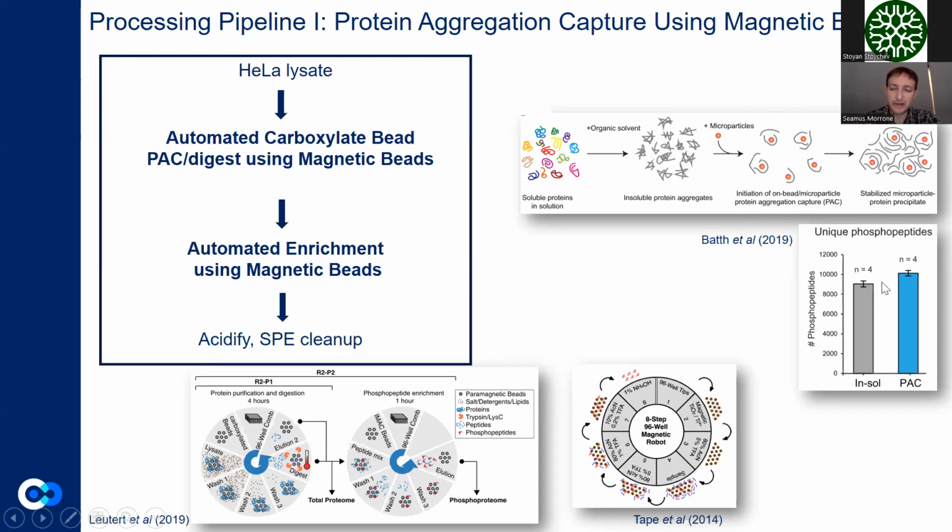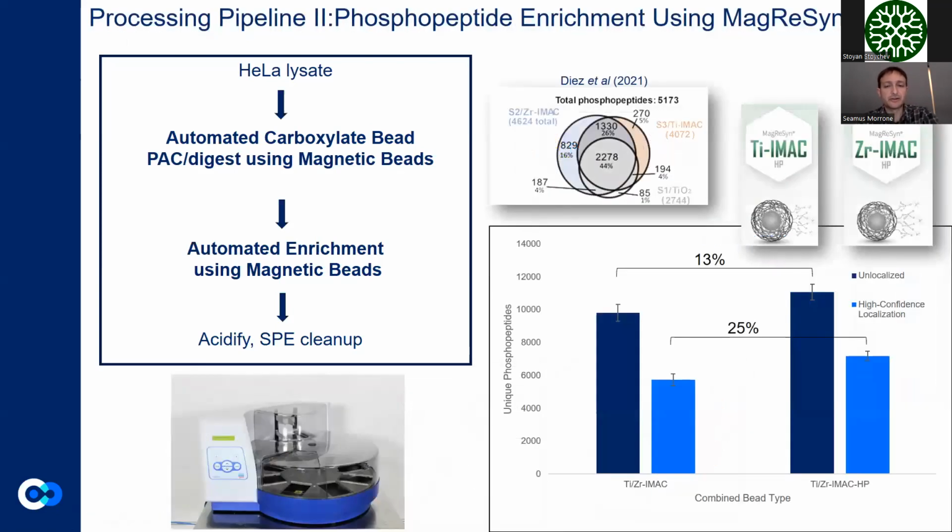And a paper came out a few years ago showing that this PAC method is an improvement in terms of phosphopeptide recovery over the standard in-solution method. And there have been several studies that have used the PAC method in combination with the phospho-enrichment method, which the Lüscher group have referred to as R2-P2, which we have adopted for our own uses. And so after digesting the proteins, we